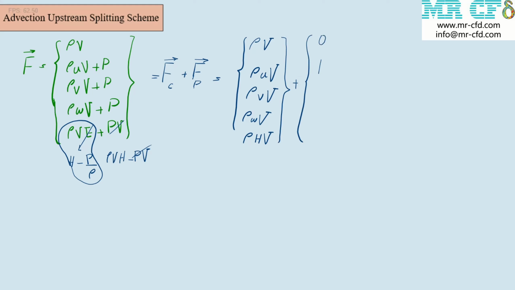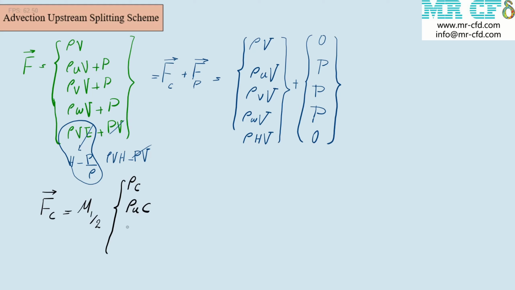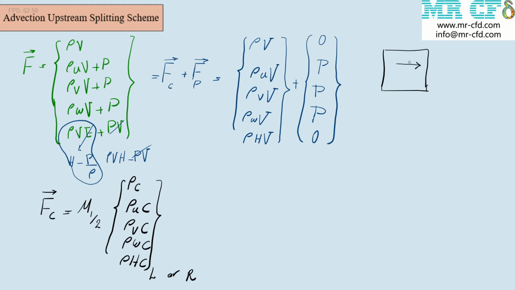The pressure terms are grouped in FP. FC is marked as dependent on the advection Mach number, m, times the vector matrix that includes ρc, where c is the speed of sound, ρuc, ρvc, ρwc, and ρhc. Now, consider a single cell where information can propagate in two directions,